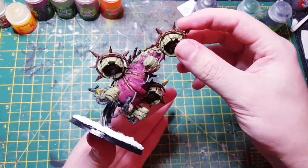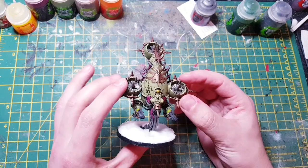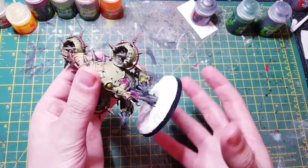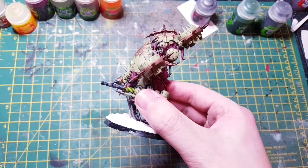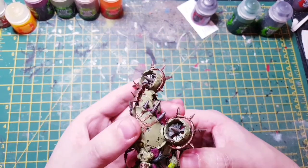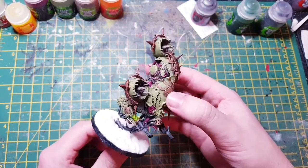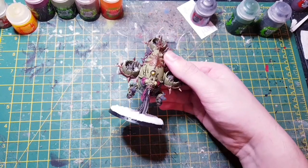So, not the greatest colour scheme in the world. A few dry brushes, a few washes, keeping it simple. Seems complete. I have literally just painted the base, so I can't really hold him around the base at the moment, because obviously I don't want to get black paint. You can see the coils, it's nice and subtle. Obviously you can put a lot more into it if you want to, but me, I'm happy with that. Simple washes, layers, a couple of dry brushes, and then another one to the